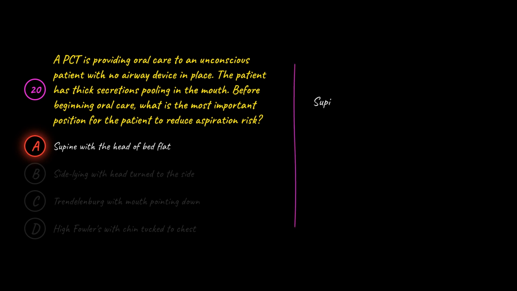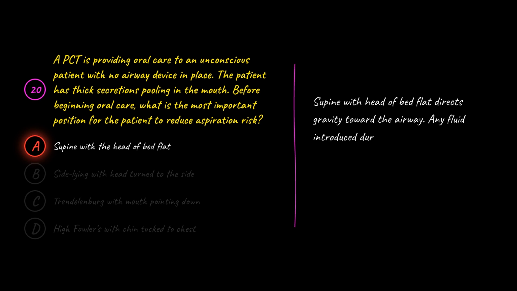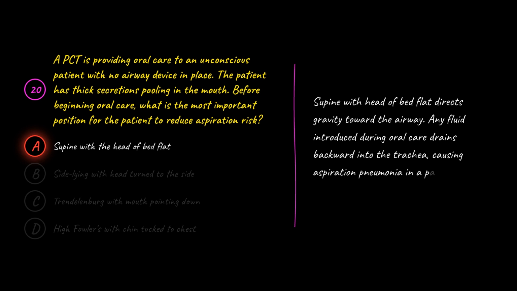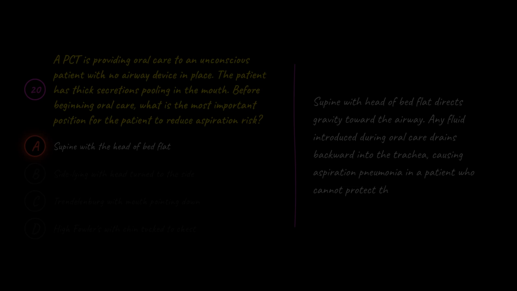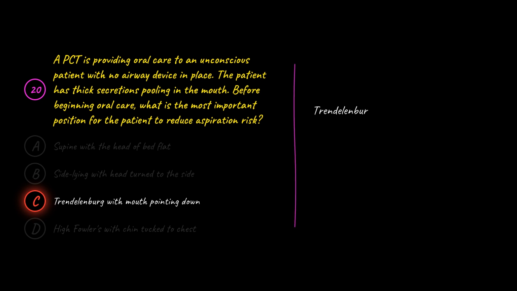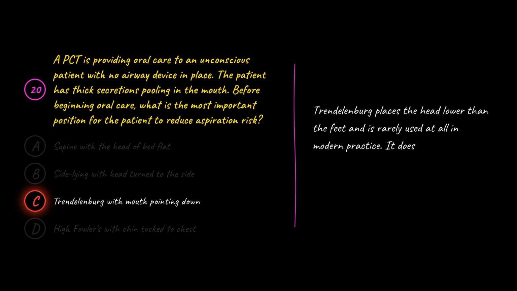A is wrong because supine with head of bed flat directs gravity towards the airway. Any fluid introduced during oral care drains backward into the trachea, causing aspiration pneumonia in a patient who cannot protect their own airway. C is wrong because Trendelenburg places the head lower than the feet and is rarely used at all in modern practice. It does not solve aspiration risk because secretions still pool against the airway opening rather than